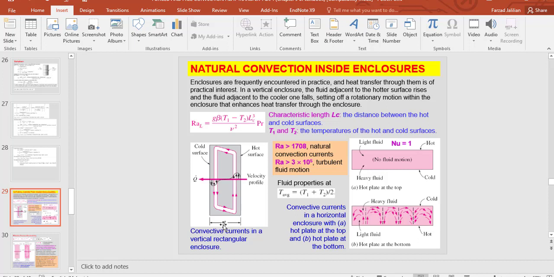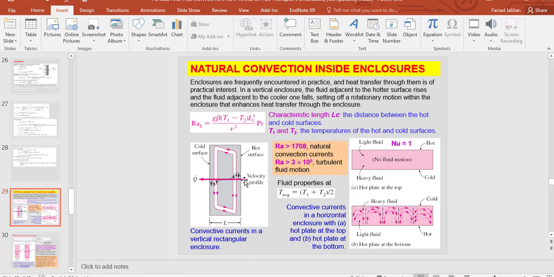And as I told you, the reason for the buoyancy force is this force. So we should know the orientation of the enclosure against the ground or horizontal line. It is effective on the forces on the fluid inside the enclosure,